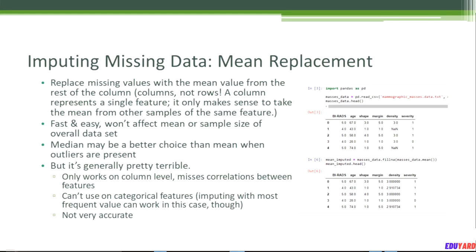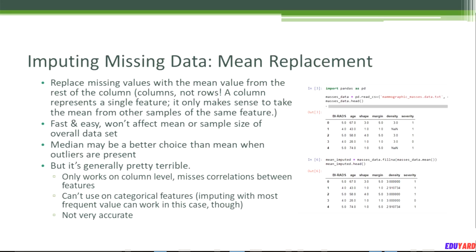So a big part of feature engineering is imputation of missing data. What do you do when your data has missing data elements in it? This is what happens in the real world. For every observation you have, there is going to be some missing data points, more than likely.